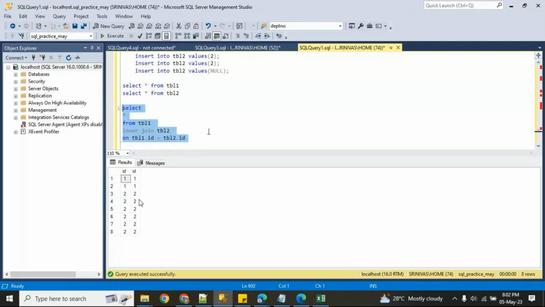This is inner join. Now the same thing, if I do left join, observe here. On the right side we have 2 null records. So here you can see the left table is having 2 nulls. That's why in the output you can see it does not join with anything. We are doing left join, so the left side will be given as it is.